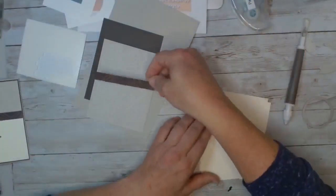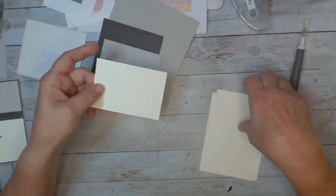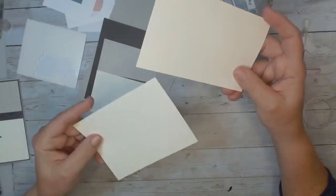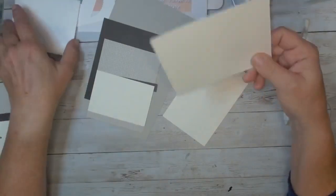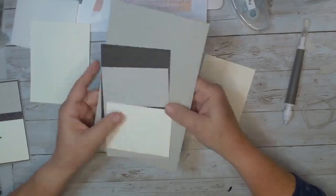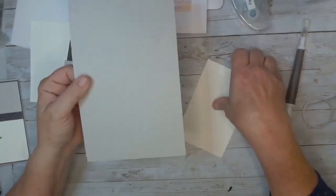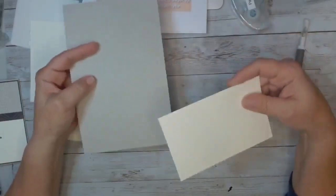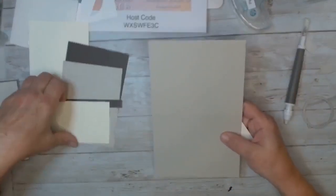And then you'll have this DSP. You will have the splatters. You'll have a scrap for your die cut. And then an inside. Again, always give an inside of the card. Because even though you can write on Sahara Sand, I just like it better when I have an inside on my card. I feel better. To me, it feels more complete. So let's go ahead and